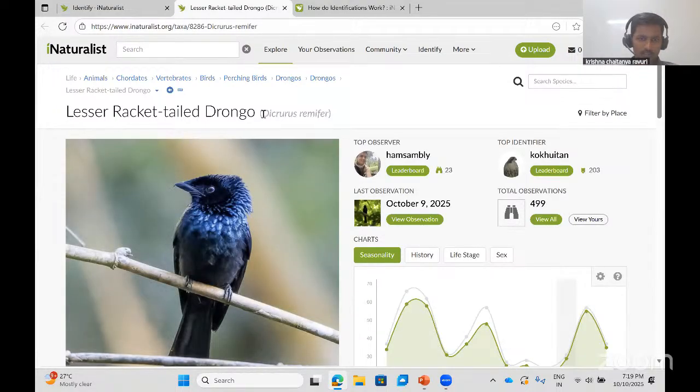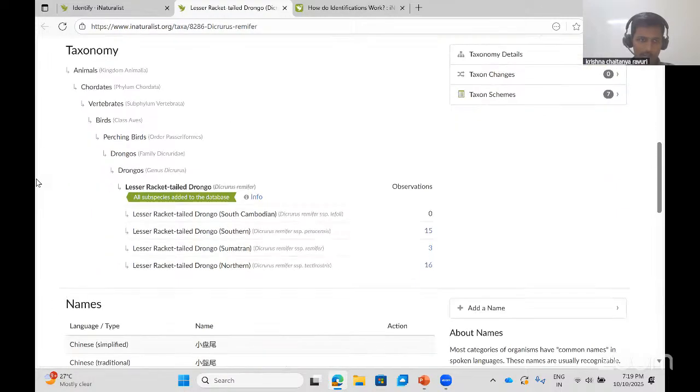So this is like the species. This is a species of bird, and this is the hierarchy of it. So this is the species level, and then you have the genus and family. These are all higher level, and there are also subspecies which you can ID to, but species is also fine. This is the best level you can get to. This is even better, but this is the best.